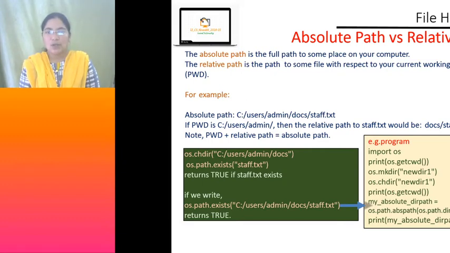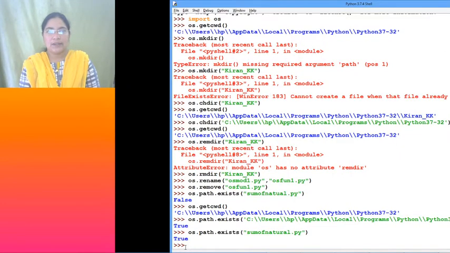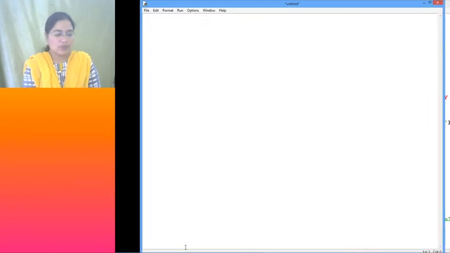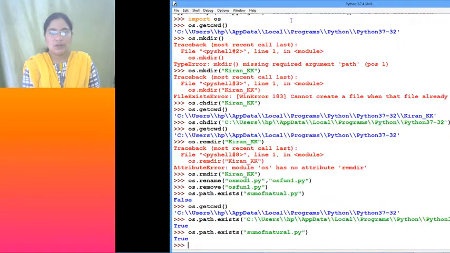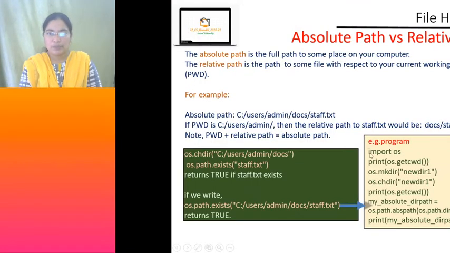Suppose you want to display the absolute path. See here, I have done everything in the interactive mode, isn't it? If you want to do these things in the script mode, what do we do? We will open a new file, right? Import os. Okay, now I will take from this PPT itself, whatever commands we have done.